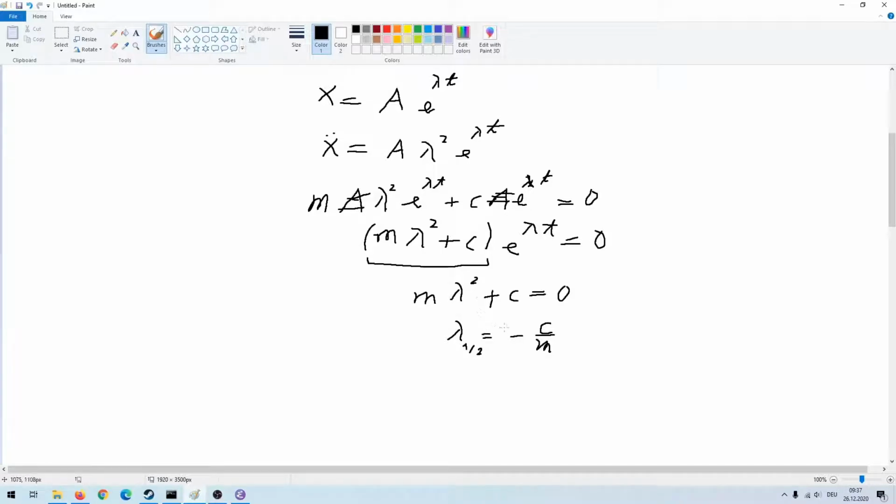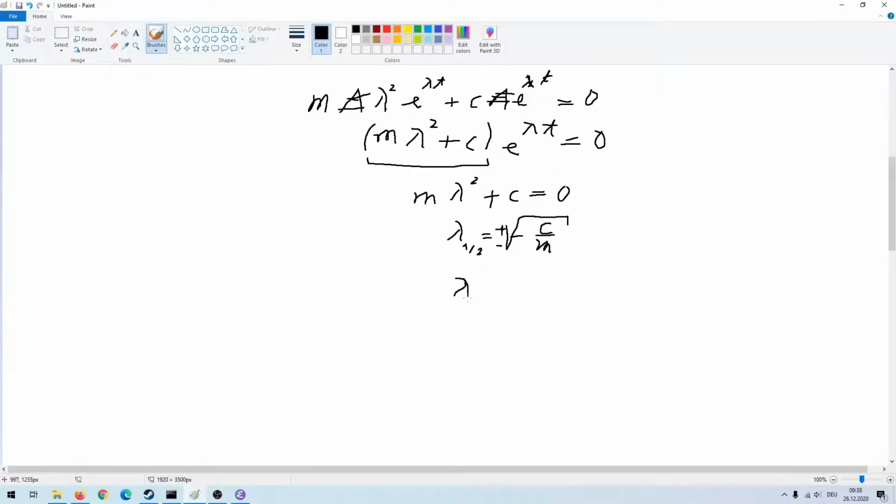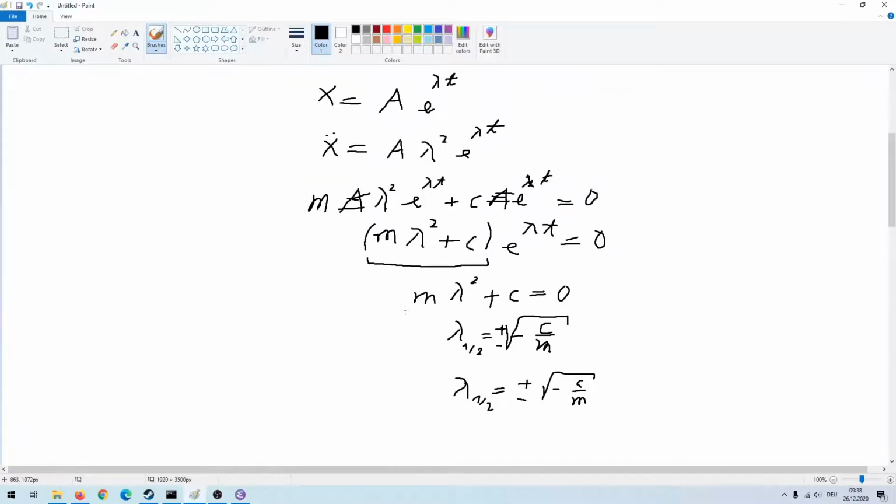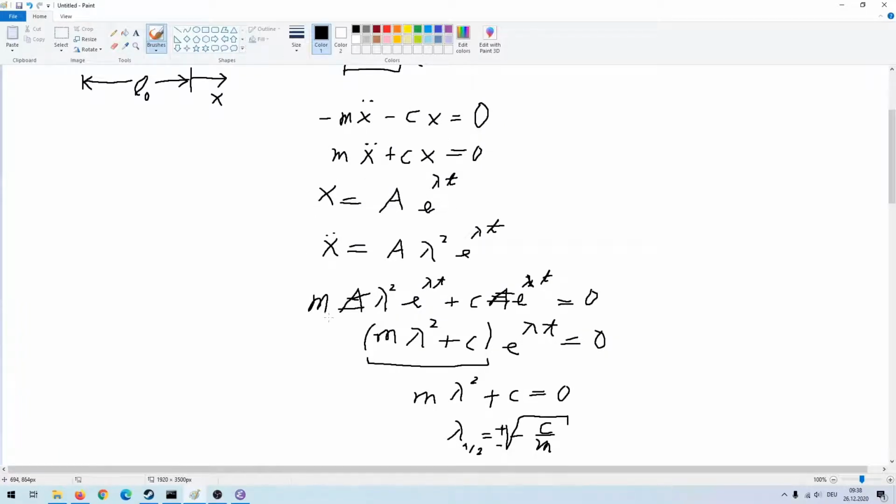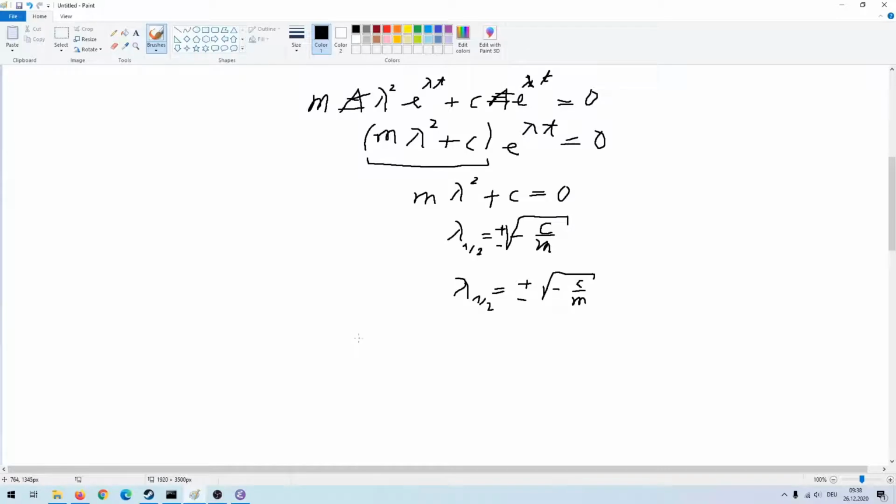But we have a square, so we have to take the square root, and it can of course be positive and negative. Ooh, that's not very pretty, so let's write it down again. So these are our two solutions for lambda. We have plus minus square root of minus c divided by m. And now that we have the solution for lambda, we can go back to our original function and insert it into our original function. So the universal or common solution for x is a